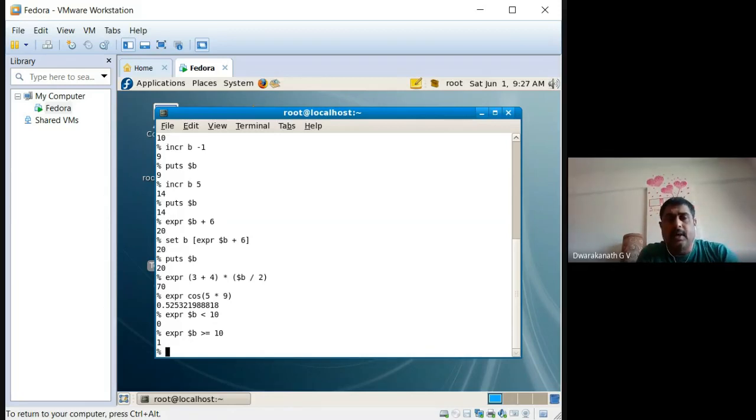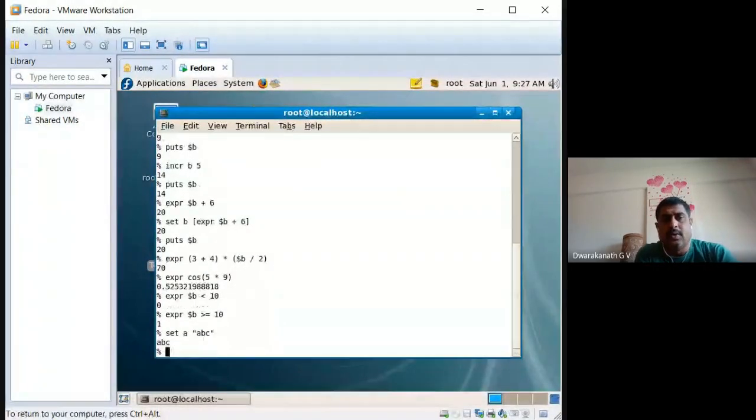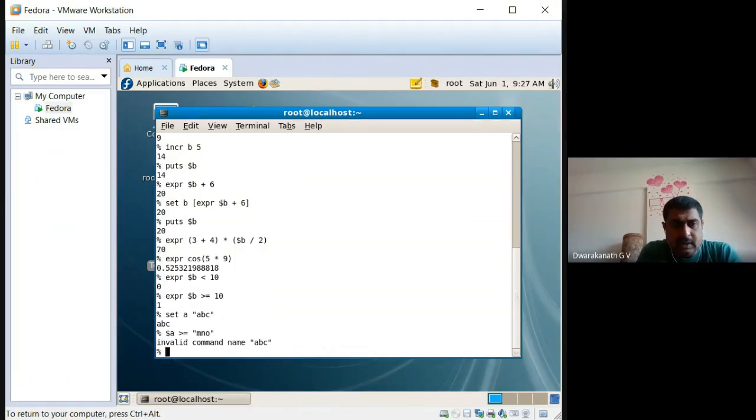For example, set A, in the last class we missed this, ABC. Now A contains ABC. Now you see $A is greater than or equal to MNO. Let's check once. No, invalid command, it's telling ABC. So you have to use an if condition there, I think. If you use an if condition, then it will work.